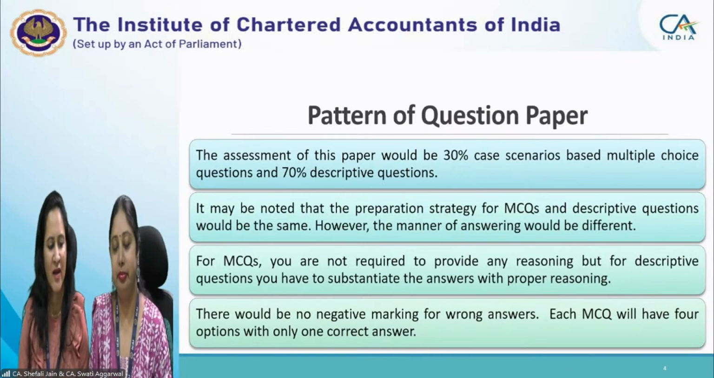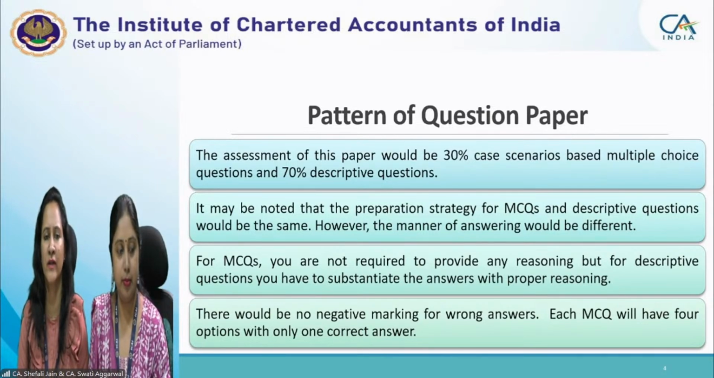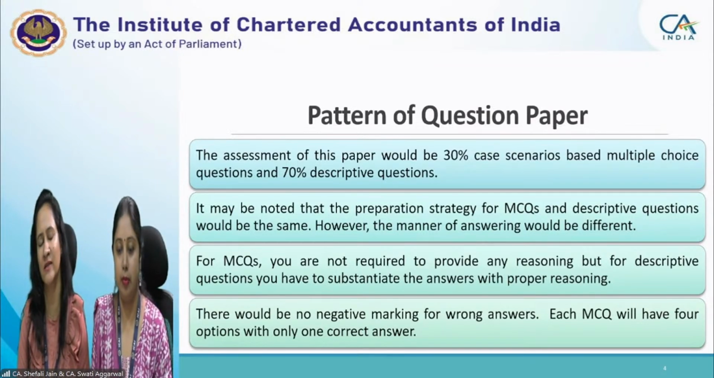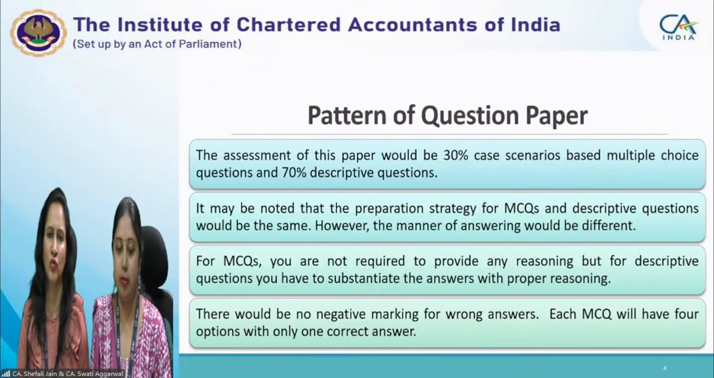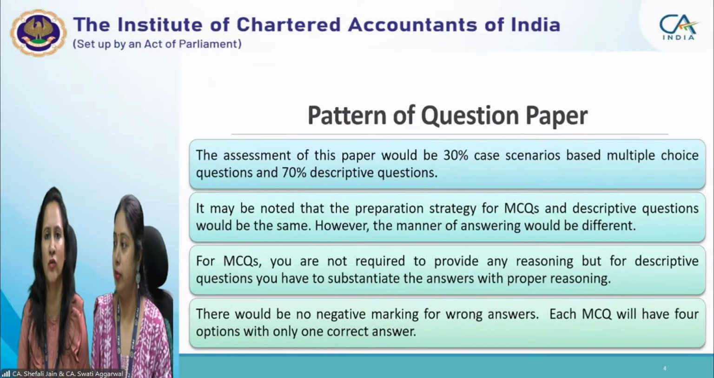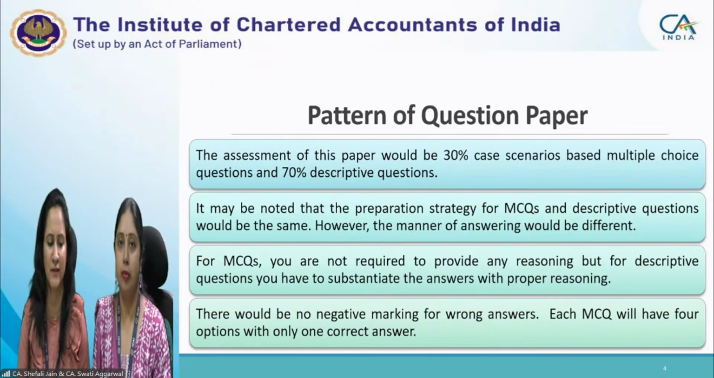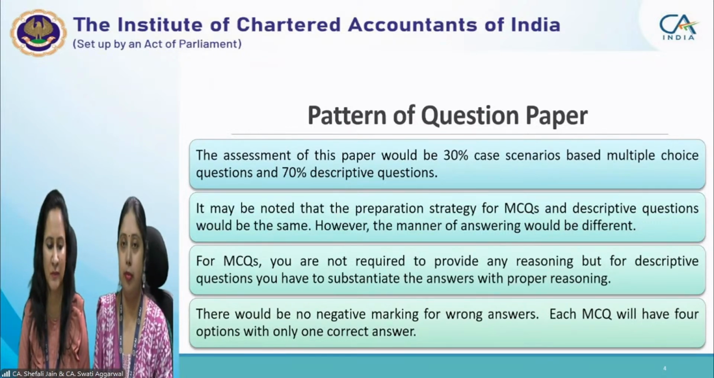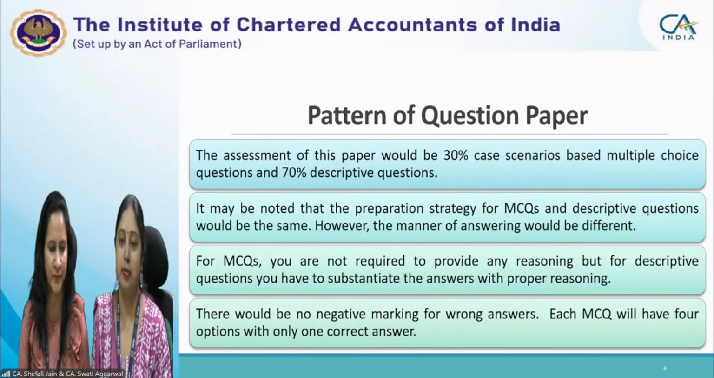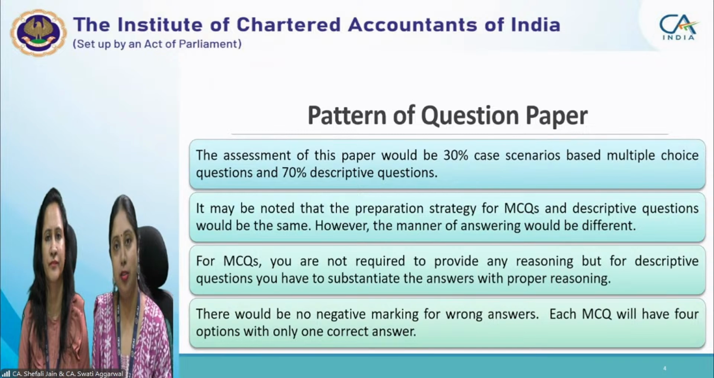And there would be no negative marking for wrong answers. Each MCQ has four options with only one correct answer. Since no negative marking is there, we recommend to students that you solve each and every MCQ whether you are confident or not, because in any case you will not end up losing anything. Please attempt all the MCQs in entirety. In fact, we suggest you answer each and every question, because there